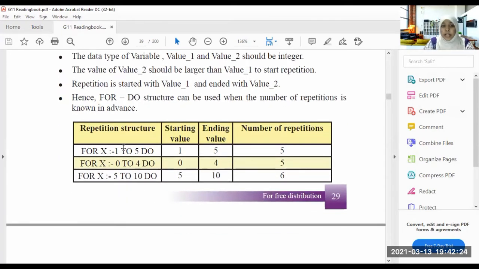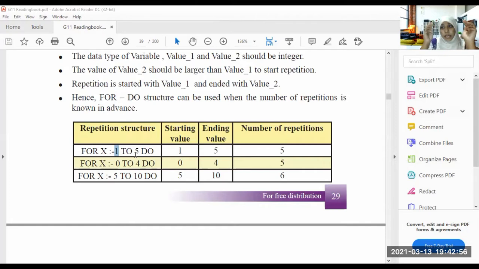So for an example, this is the repetition structure. They say for x, to obtain the x, do 1 to 5, do. So here the starting value is 1 and the ending value is 5.